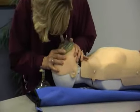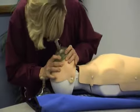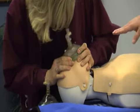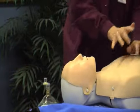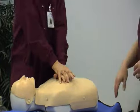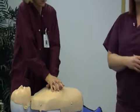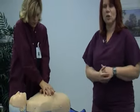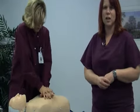A lot of people are concerned when they give breaths that they're somehow going to get some kind of disease. These masks are made with a 2-way valve that prevents anything coming back from the person you're giving breaths to. Then you just continue back on, and you'll notice when Deb gave the breaths that we watch to see that the chest rises. That lets us know that the air is getting all the way down into the lungs and